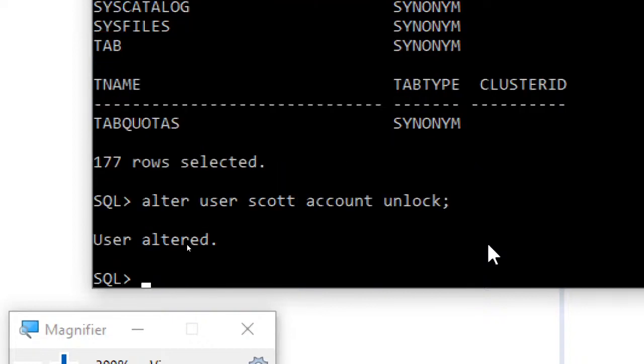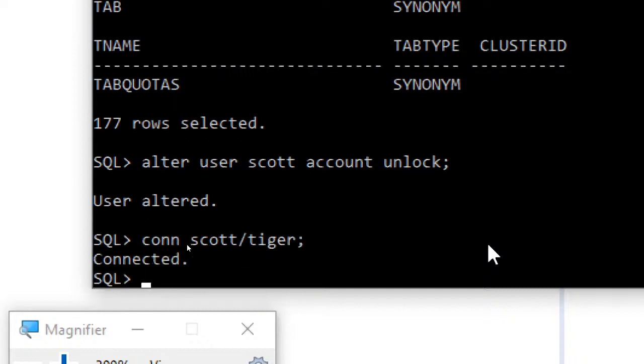If you give this, it will automatically be unlocked. And after that you can just give conn space Scott / the password which you have given at the time of installation and press enter.